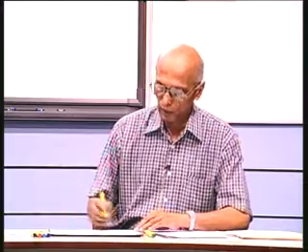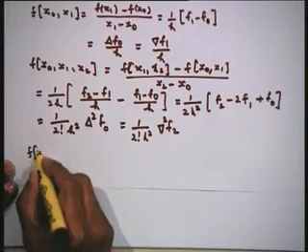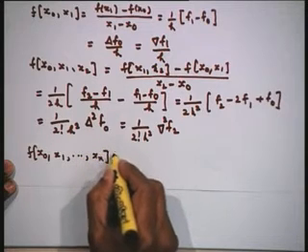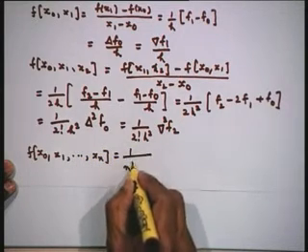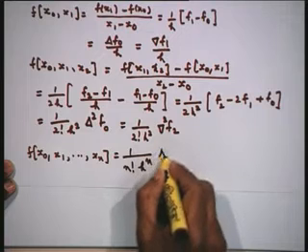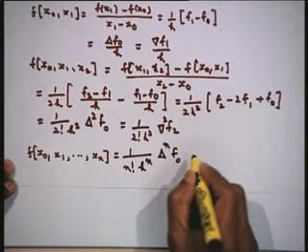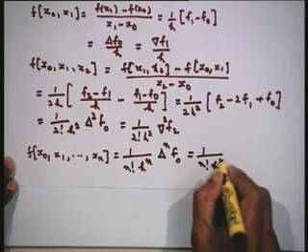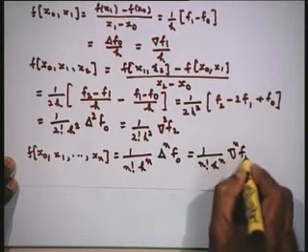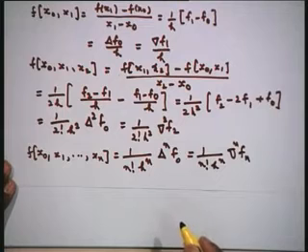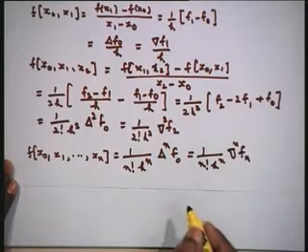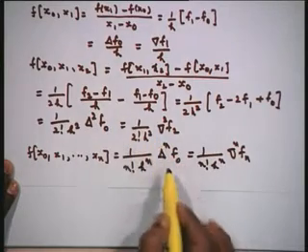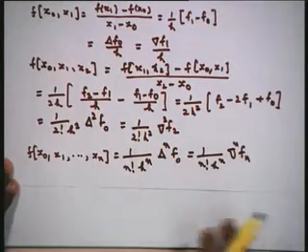Now, I can proceed further and finally show that the nth divided difference f of x naught x 1 x 2 up to x n is equal to 1 upon factorial n h to the power of n, the nth forward difference with respect to f naught, or it is related to the nth backward difference delta n with respect to the last data item f n. Therefore, the relationship between the forward, backward difference and the divided difference is given by this one.